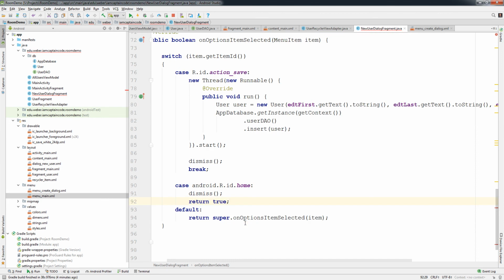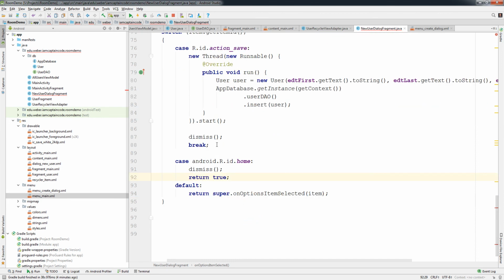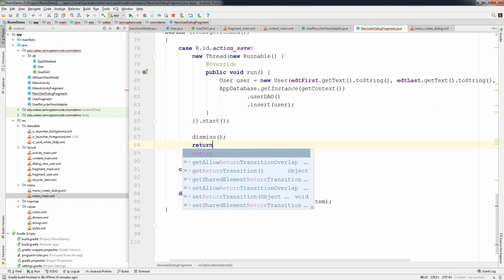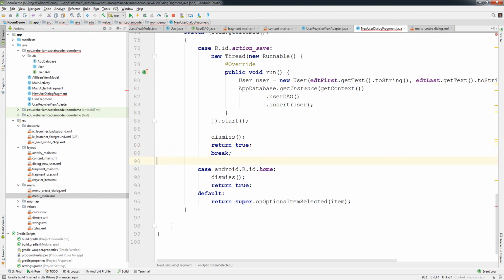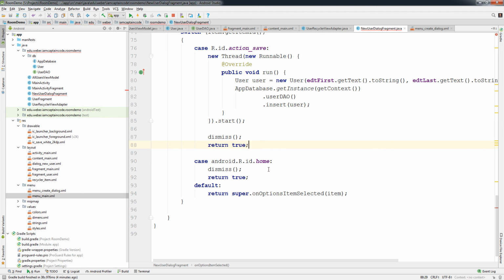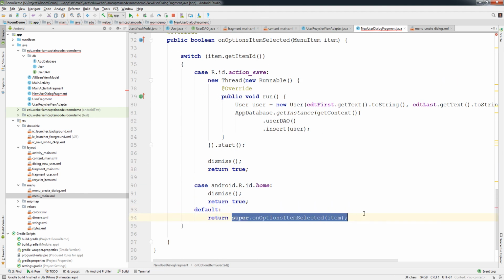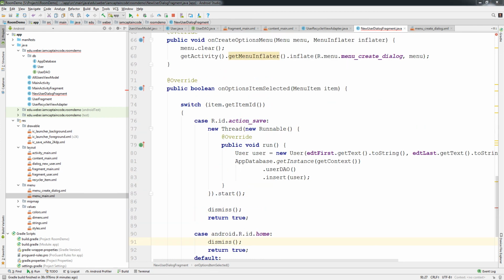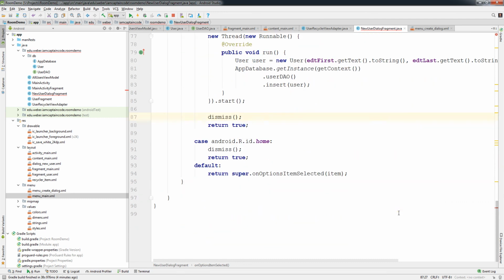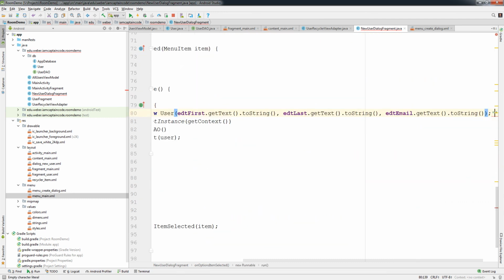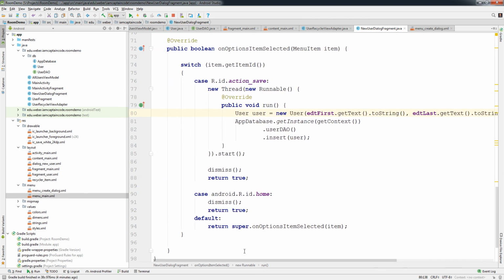Okay, so pretty simple thing, except we missed our return true up here. Then we don't even need a break because we've handled everything. That's a better way to go. So we've told it that it's been dealt with, otherwise let the menu figure it out. So now, all we need to do is connect these pieces together. I missed a semicolon there. So now, when my user presses save,